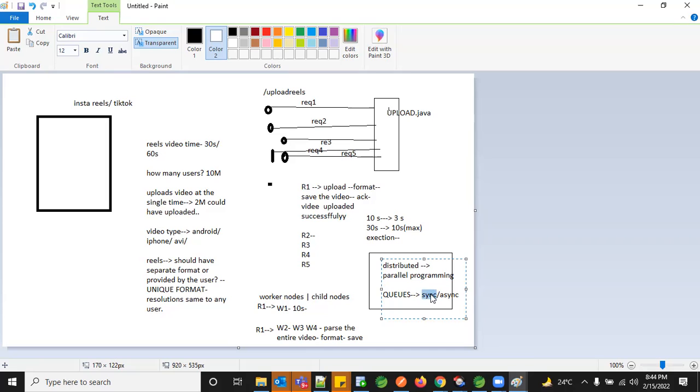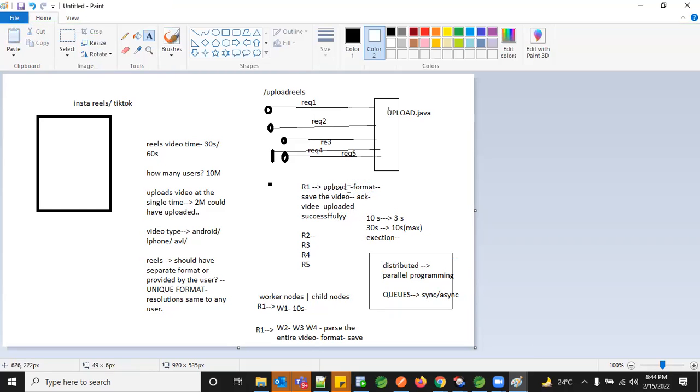Without that response, you'll not be able to progress to your next step. In this entire piece of code, only once the user uploads the data can I go and format it. If the user upload is not successful, I can't format the data, right? So it has to be a synchronized flow. Now, when I format it, based on the video time frame, I need to chunk it and break it into packets. With those packets, I need to process the entire video and then upload it back.